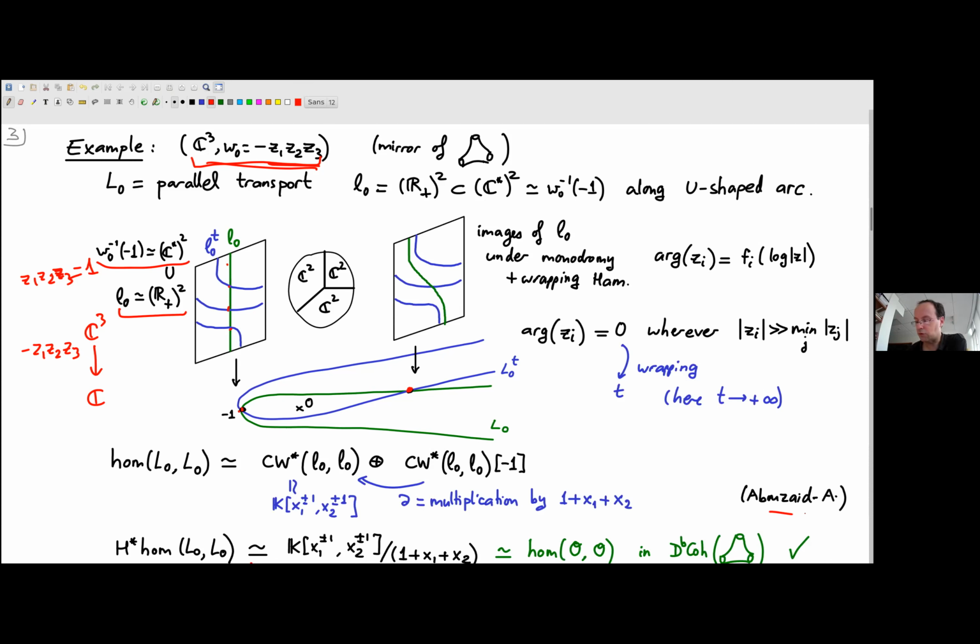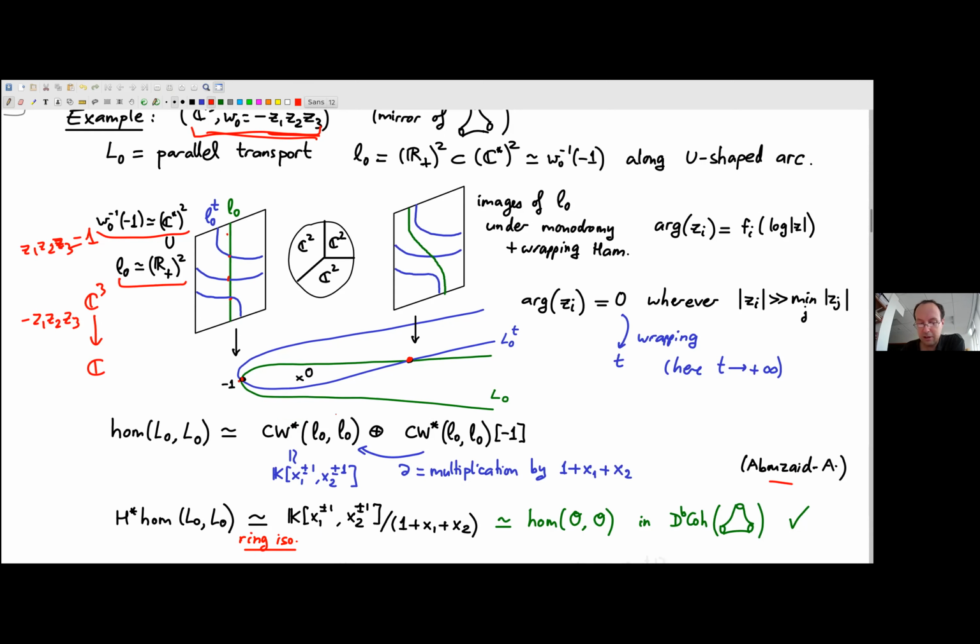The current draft of that paper is like 70 pages and still growing. And at the end of the day, you find that the Floer homology of this Lagrangian with itself is isomorphic to a quotient of a ring of Laurent polynomials by the ideal generated by 1 plus x1 plus x2, which was exactly the defining equation of our pair of pants. Just to be sure about notation, this capital L0 is